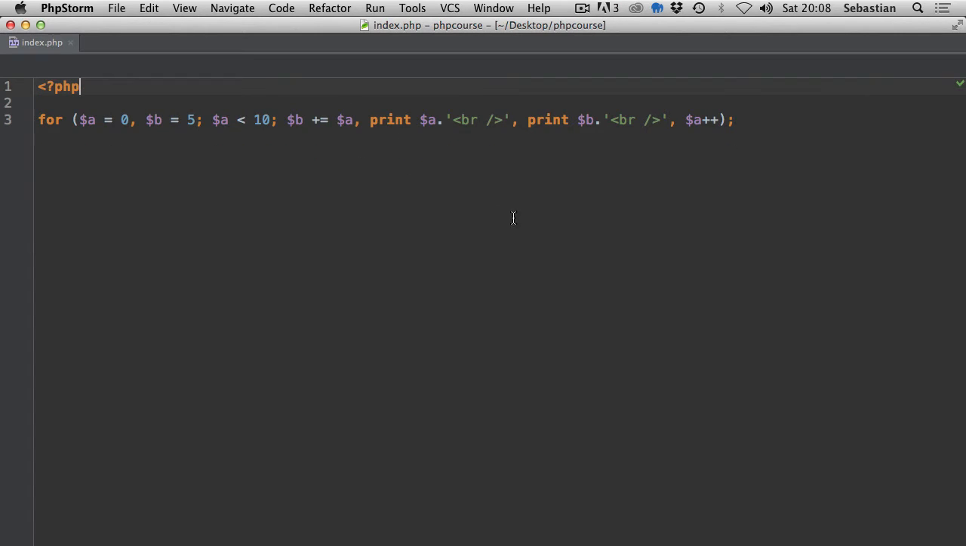Now, another thing to discuss is this post-incrementing. Can we use it with pre-incrementing? Of course, it doesn't really matter. You can use pre-increment or post-increment. Why? Because this